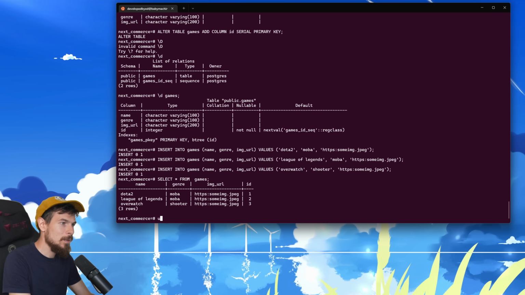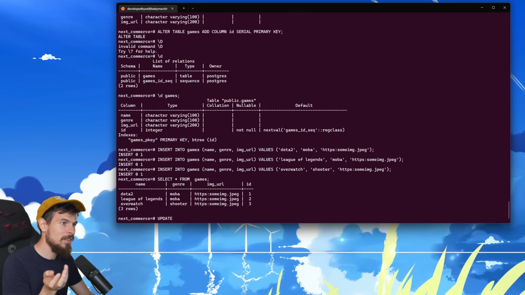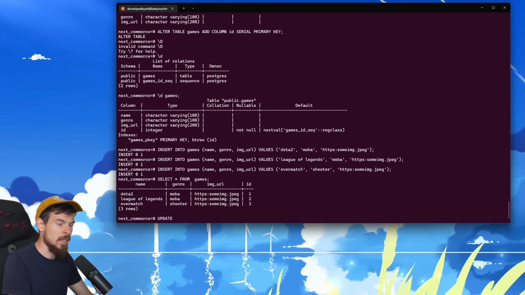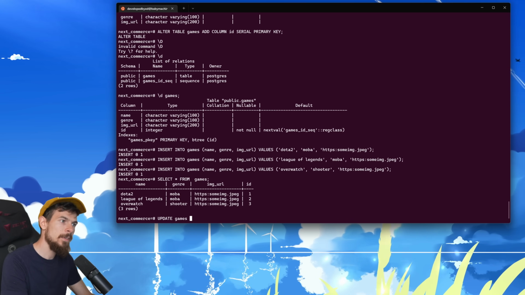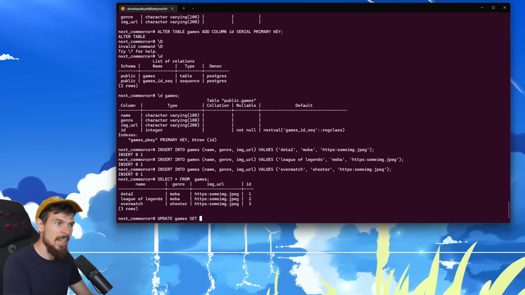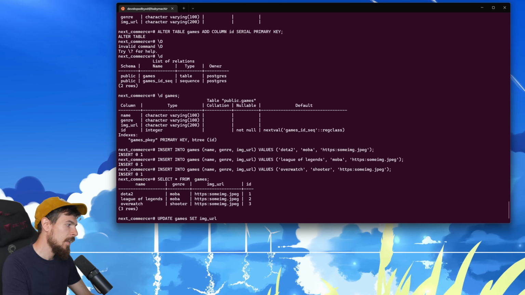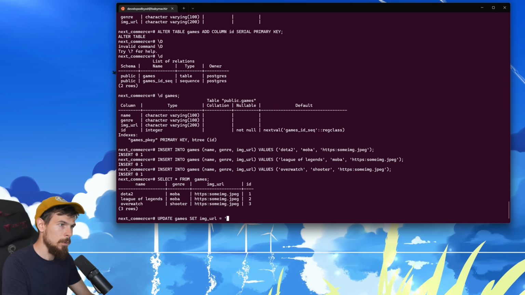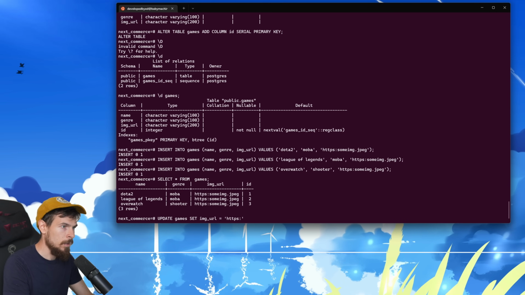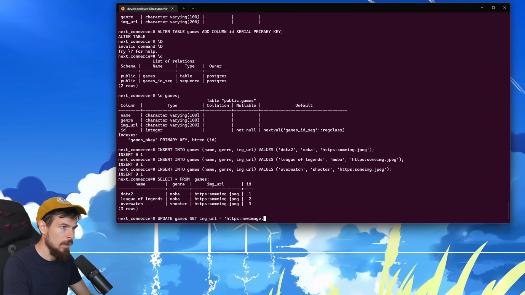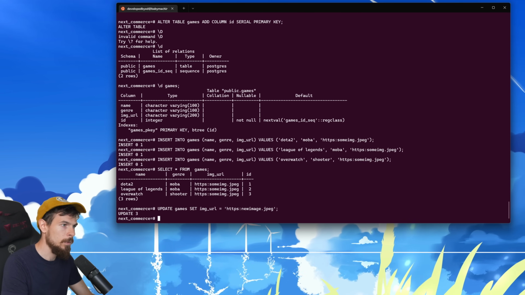How simple. So we can say update, and let's say we want to update Overwatch and just change the image of it, right? Or the cover image. So I can say update, and then you give it the name of the table, so games. And then you can set whichever column you want to set. So let's say image URL, like that. So image URL is equal to https, and we'll say newimage.jpg. And there we go. That's pretty much all you need to do. So when we hit enter,